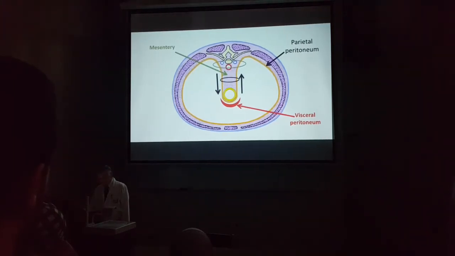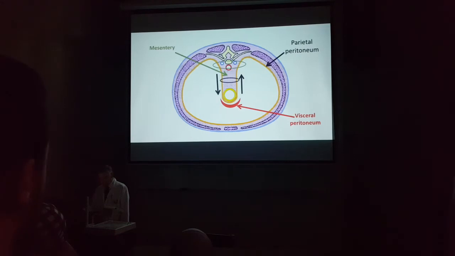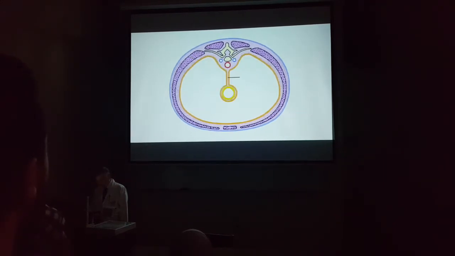What is a mesentery? The image is telling you it is a double layer of peritoneum going from the posterior abdominal wall to cover an organ. Okay? This image is telling you the definition. This is the root of the mesentery, where it stems from, where it comes from. This is a mesentery, a double layer of peritoneum.